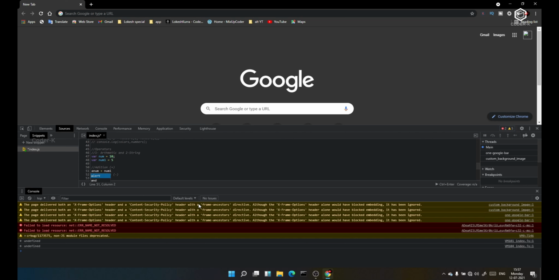Here let me provide an alert. Here you can see what will happen. It adds 10 and 5 and provides us 15. It's shown here. I don't think it shows there. Let me write console dot log.